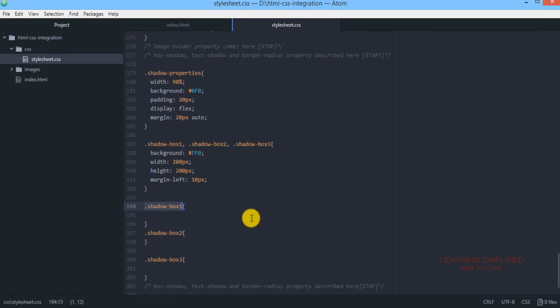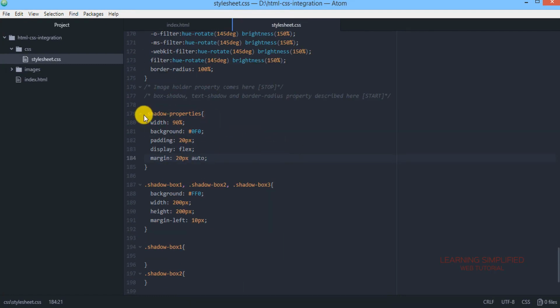And in this stylesheet.css, we had prepared some class names, that means the selector names, and we have attributed all those properties inside, and that is how we have built all those particular elements. Those will be needed for this purpose.